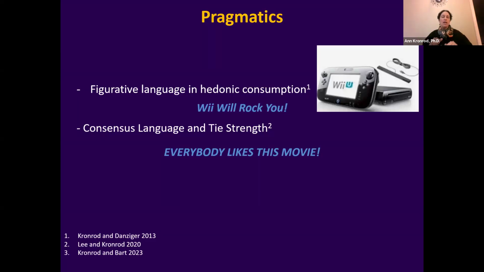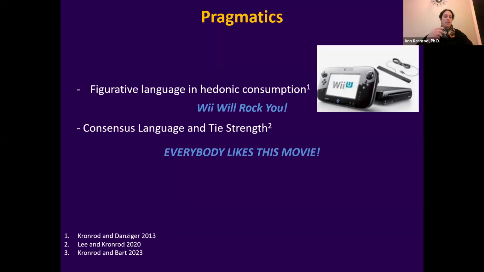The size of the group is referenced by the word everybody. If it's said by someone who is close to me, the social distance between me and this person is pretty small, right? It's a strong tie. It's a small and tight group. So the consensus includes not so many people, actually. But when it's someone who is far away, the distance between me and this person is so large, the group that they entail when they say everybody, they actually mean everybody around us.